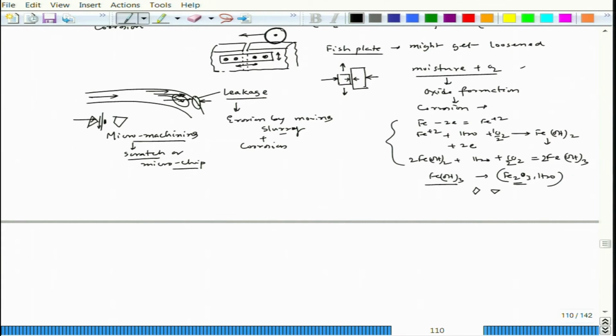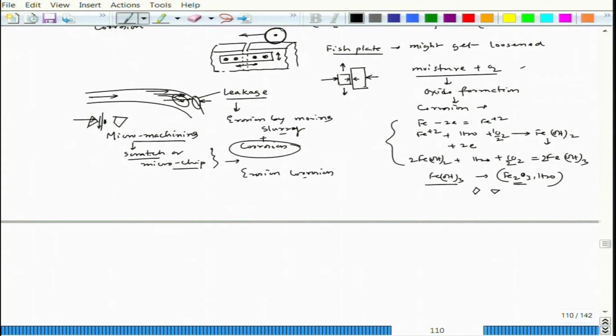So, now you have this kind of micro machining due to the small particles in that slurry, which is hitting at a high rate, and there will be shearing action due to the change in motion or movement of that fluid, and that would lead to a microchip formation or scratch, and that scratch would lead to corrosion. Okay. So, now this is also a kind of erosion corrosion. So, this is erosion corrosion.